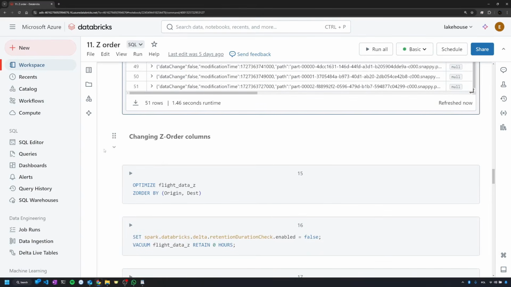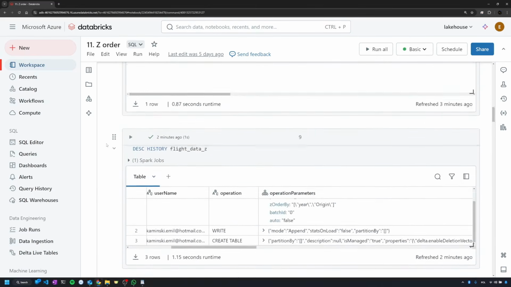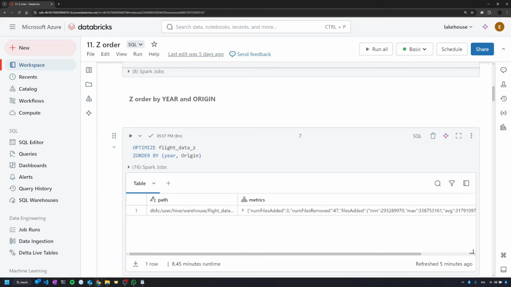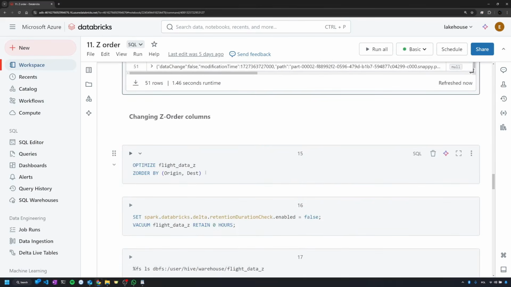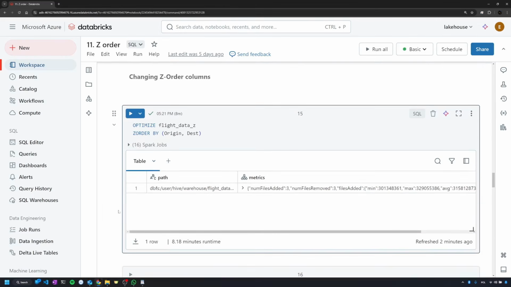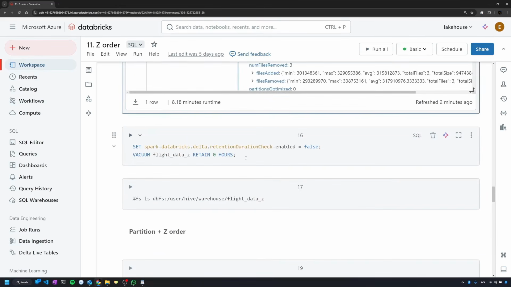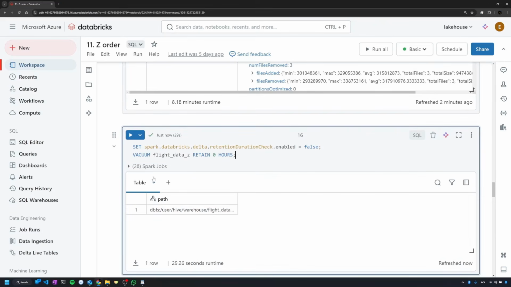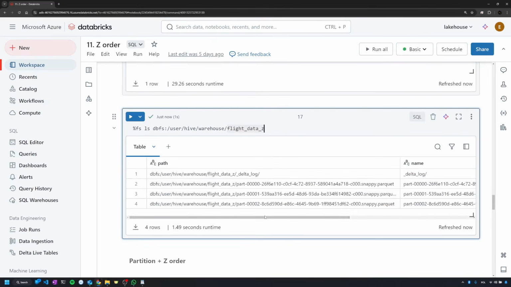Okay, another thing with the Z order is that we can change the columns over which we are Z ordering, we just will need to rewrite all the data again. So previously we were doing the Z order by year and origin, and this time we are doing a Z order by origin and destination. Let's run it. So this one has been done as well, and here we have the results and metrics, number of files added 3. And if we go and remove the old files, and then list down the files in our directory one more time, we are going to see 3 files,